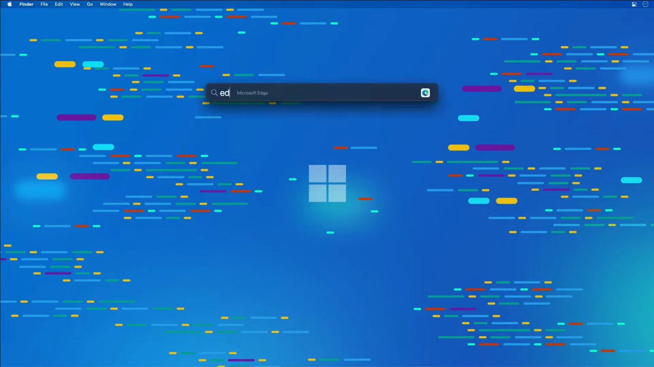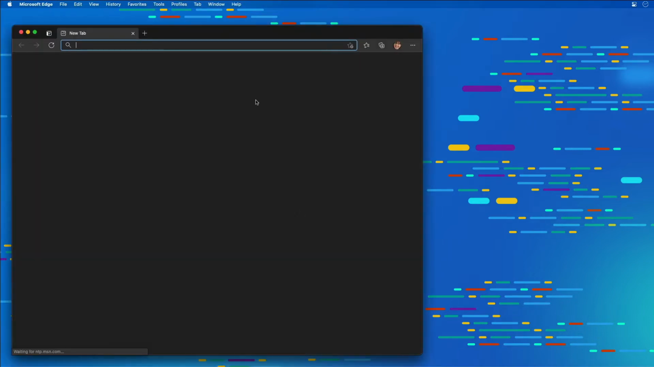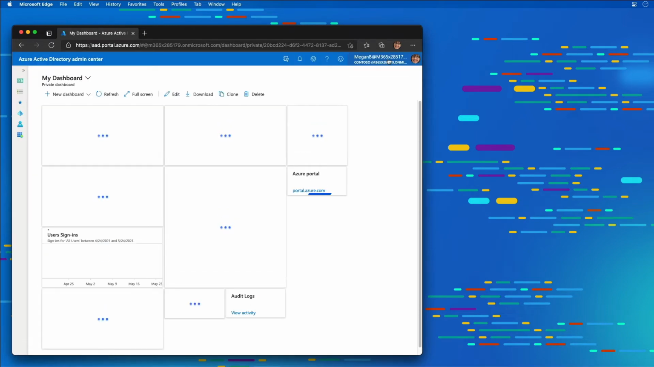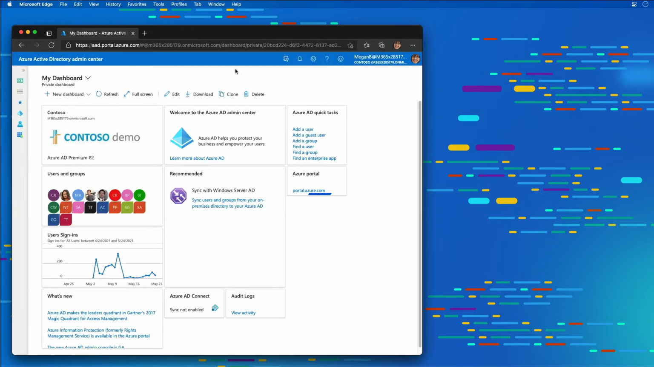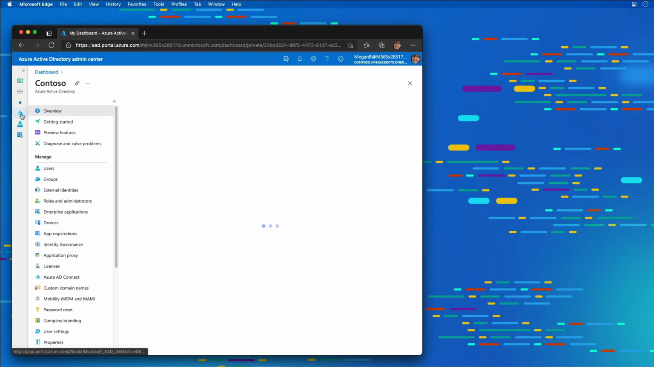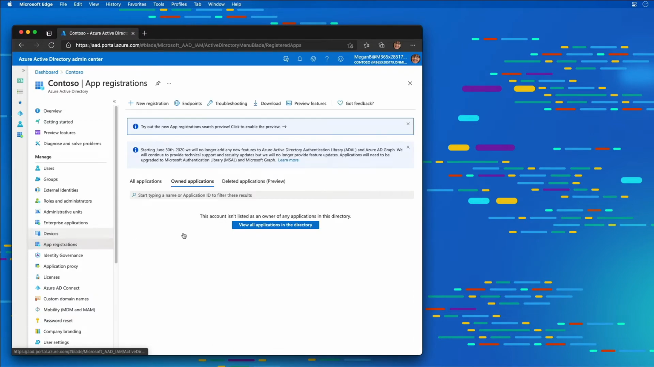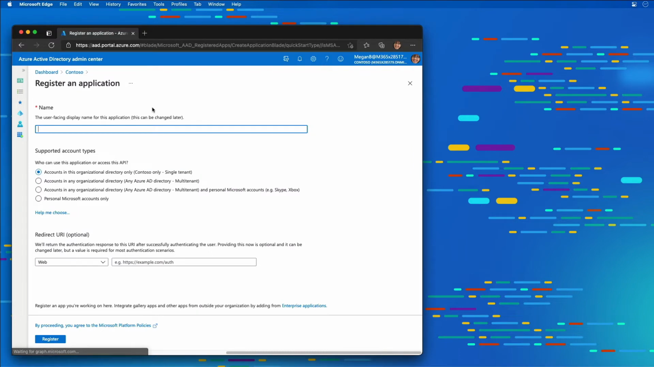I'm going to start by launching the browser, navigating to the Azure AD Admin Center at aad.portal.azure.com. Now in the left-hand menu, I'm going to select the Azure AD icon, and then from the Manage section, choose App Registrations. On the App Registration page, I'm going to select New Registration,